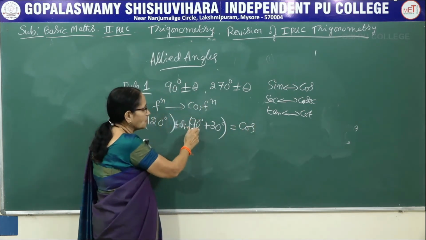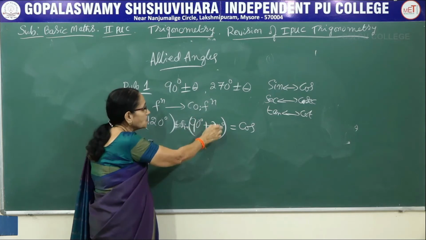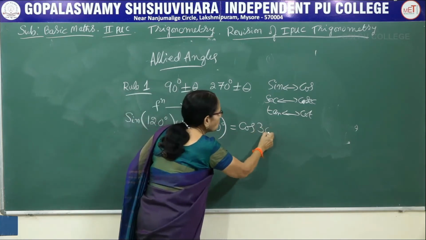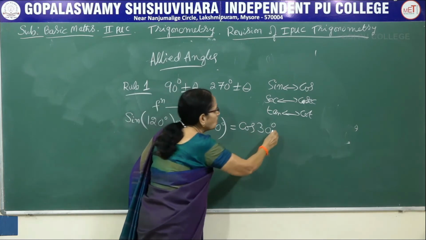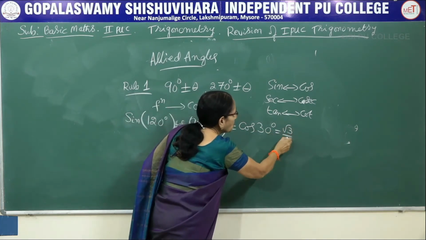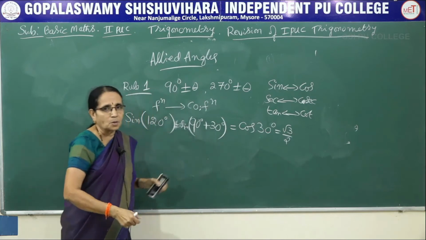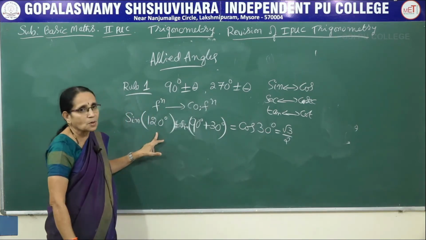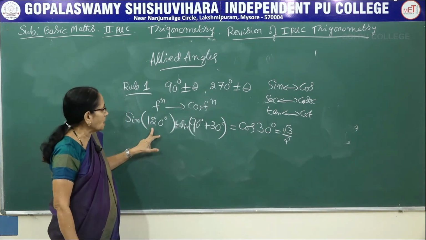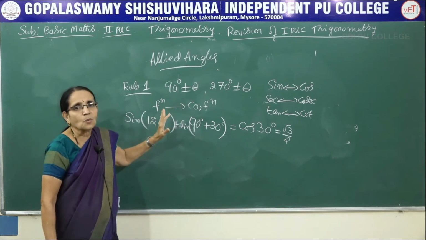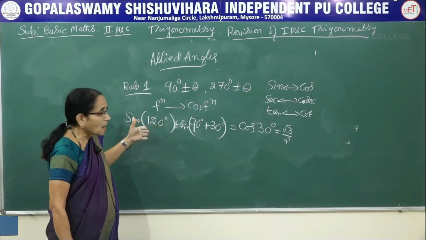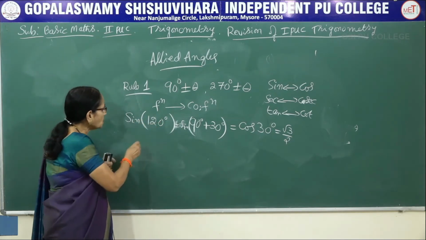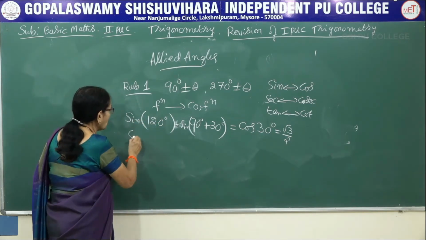Now omit this number. That is a quadrantal angle. Take only this value. It would be equal to 30. And you know the 30 value I just gave you. Cos 30 has the value root 3 by 2. So this is how we have to calculate. Express the angle in terms of any one of the quadrantal angles depending upon the angle that has been given.